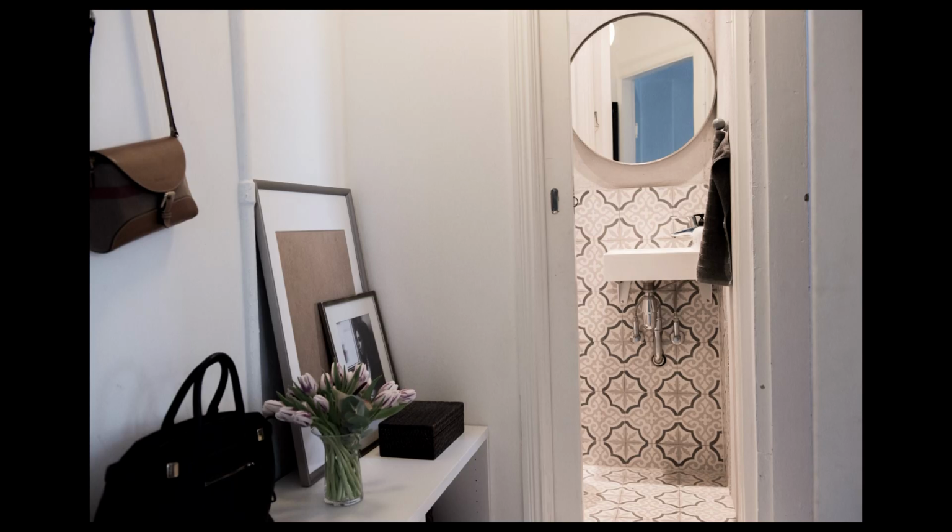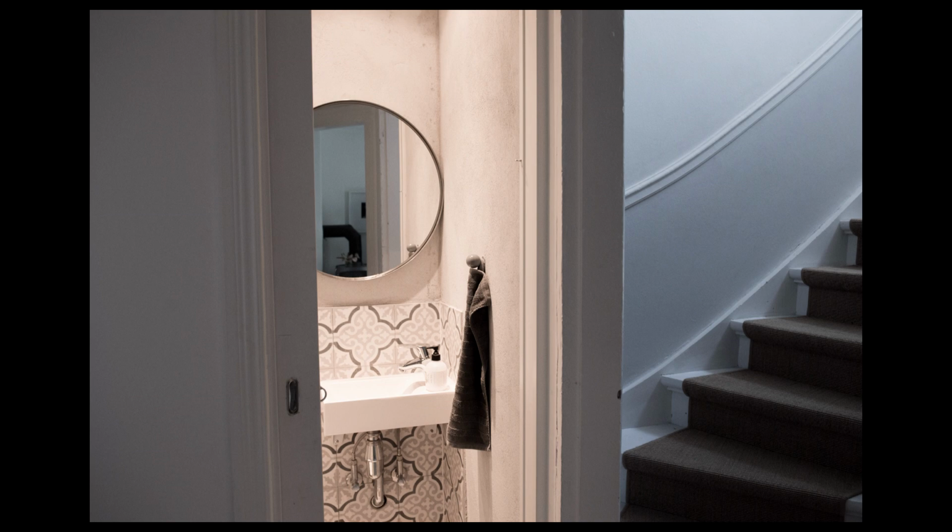Now, it's not as tiny as the one that we had in Copenhagen. That one was teeny tiny. If you can sit on the toilet and wash your hands, and a child can do that, that is a very small bathroom. But this one is still pretty small. And the great thing about a tiny space is that you have an amazing place to go big and go bold, because those things aren't going to cost as much money, which is why, oh my gosh, you guys,